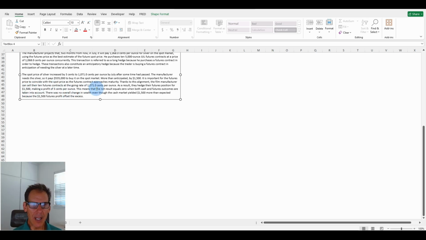This means that the net result equals 0 when both cash and futures outcomes are taken into account. There was no overall change in wealth, even though the cash market yielded $1,500 more than expected, because the $1,500 futures profit